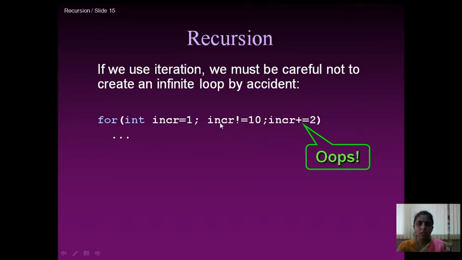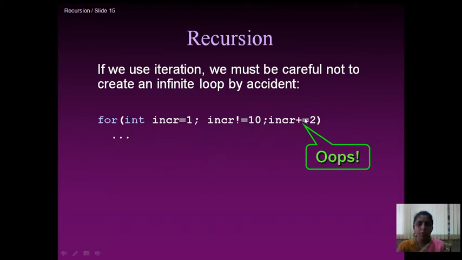So again we are testing the condition. 3 is not equal to 10, so this condition is again true. This process continues. We execute the set of statements. Next it comes back to the increment part. Now the previous value is 3, and 3 plus 2 is 5. 5 is not equal to 10, so the condition is true, and again the statements inside the for loop execute. Again the control comes back to the increment section, and we increment the value by 2. So 5 plus 2 is 7. 7 is not equal to 10. The condition is true, and again the statements will execute.